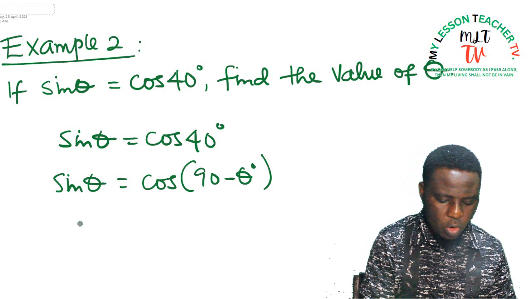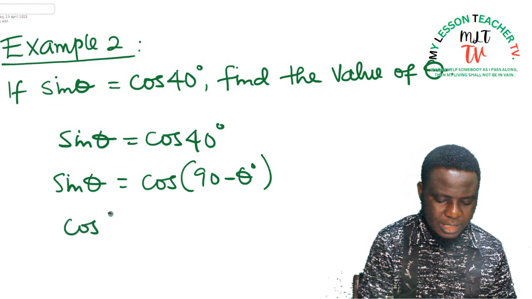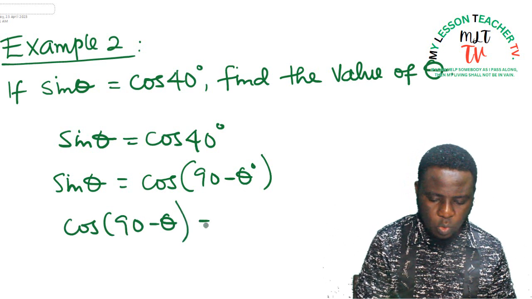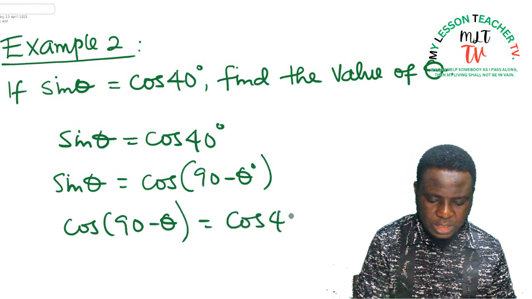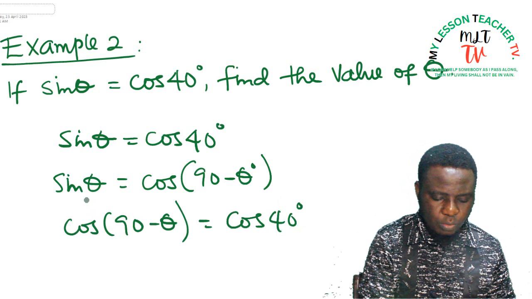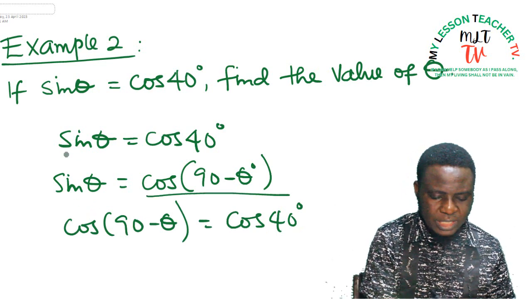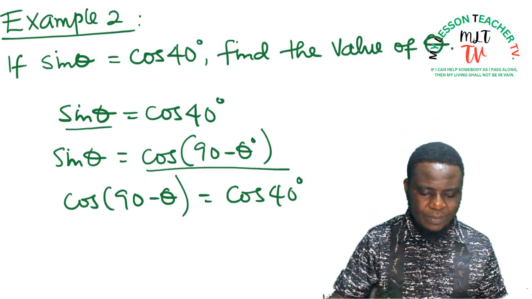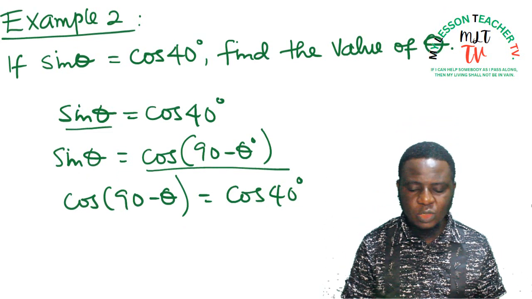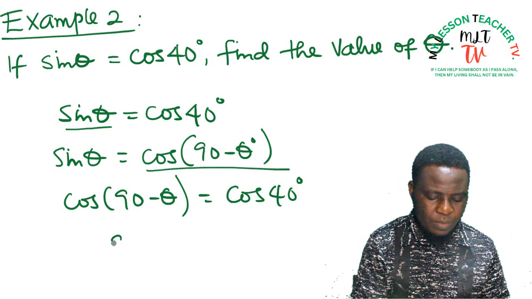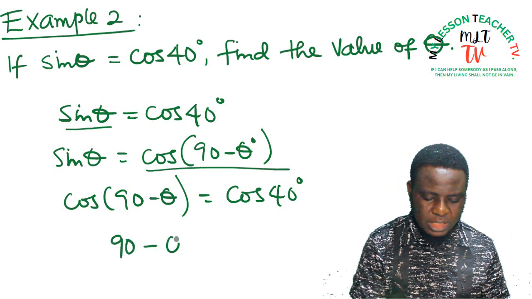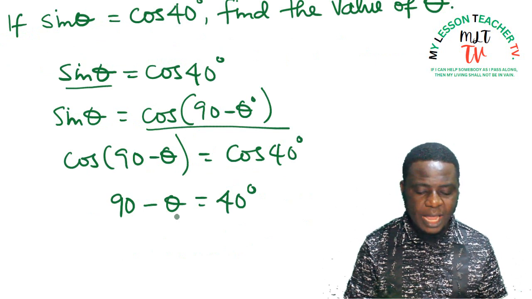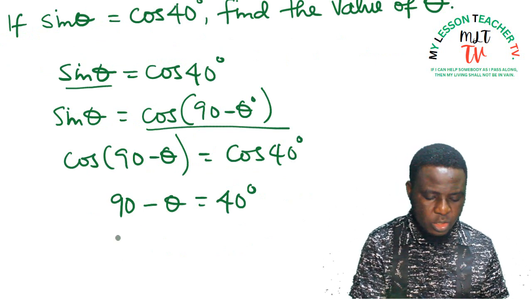So therefore, cos 90 minus theta is equal to cos 40 degrees. That is, when you substitute this for sine theta. So if cos 90 minus theta is equal to cos 40 degrees, it therefore means that 90 minus theta is equal to 40 degrees. And when you simplify to get the value of theta, you will agree with me that